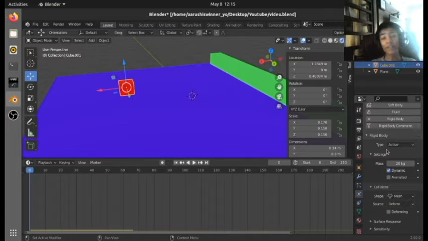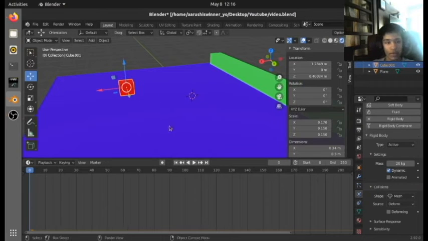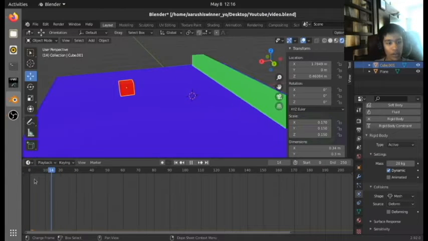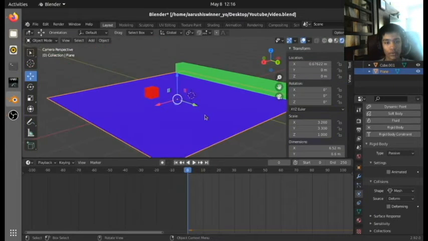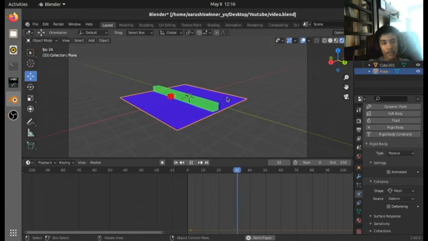Now changing a shape to mesh, it's not going to be hovering, it will fall on the plane, because if it's the convex hull, then it floats in the air, and we don't want that. So let's check the animation now. You might not get it when viewing from the keyframe, but when you go in the 0, let's hit N, and if we play this, as you can see, it's falling down,